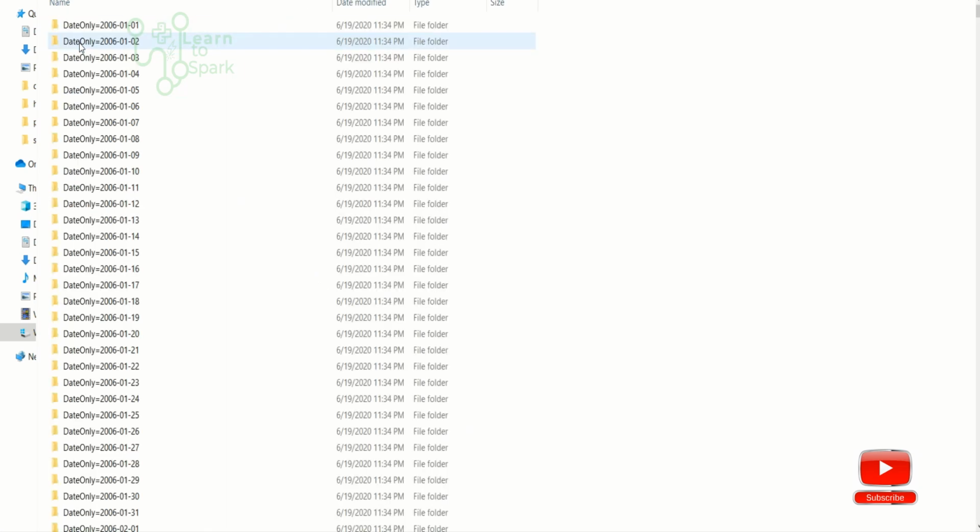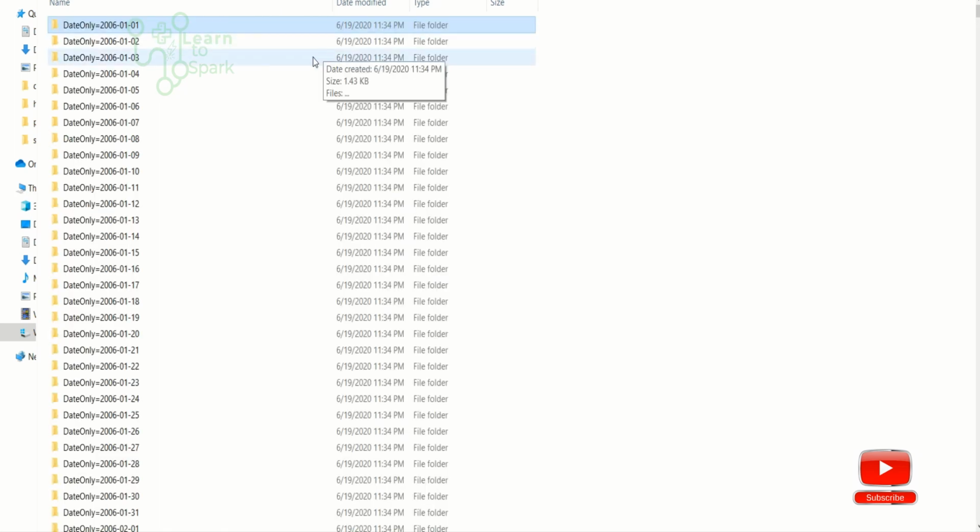It has created a valid and invalid directory, and inside the valid directory, we can see each and every file has been divided into a partition date. Inside every partition date I will have a CSV file. So in this way it got created. It took time because it involves lots and lots of shuffling.